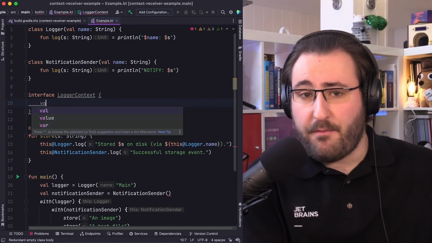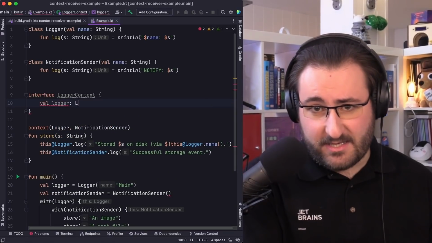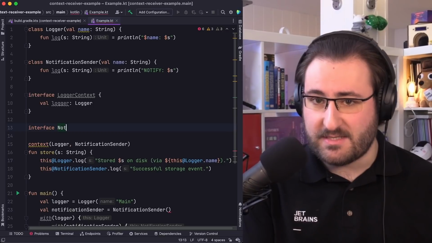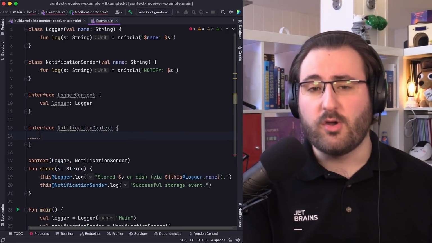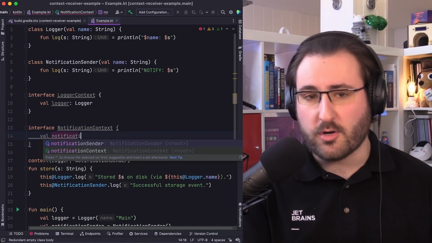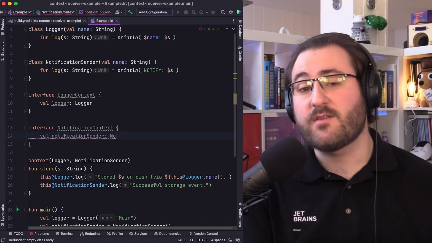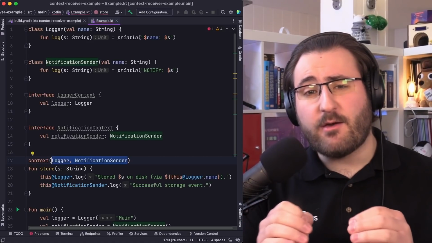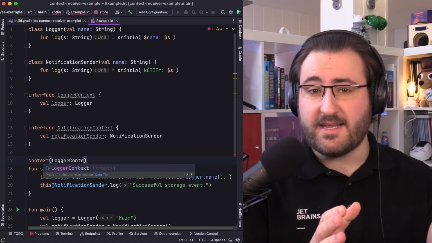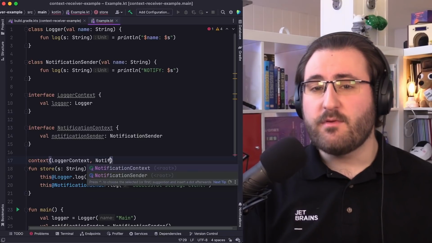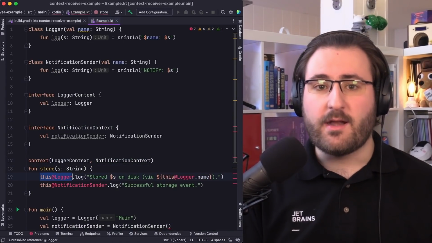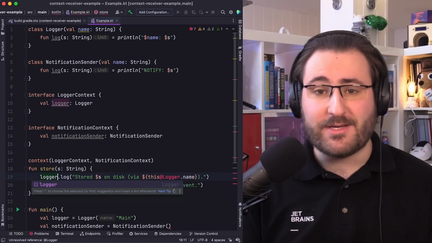Designing a type for our context parameter sounds fancy, but in reality just means that we define an interface or class specific to the context. Our logger context interface then just gets logger as one of its properties, and our notification context is pretty much the same. By specifying that our context is now logger context and notification context, we've introduced the same kind of indirection that we had at the very beginning, when logger was just a simple parameter for the function.